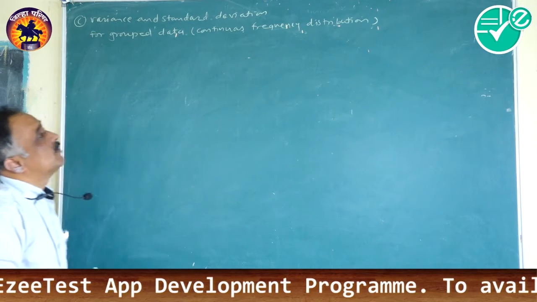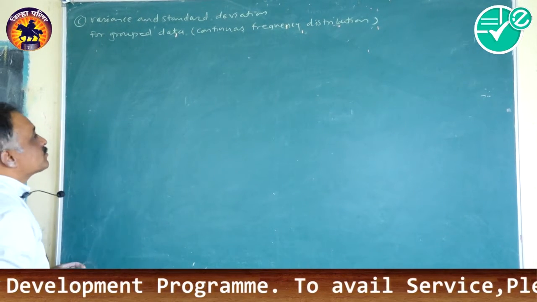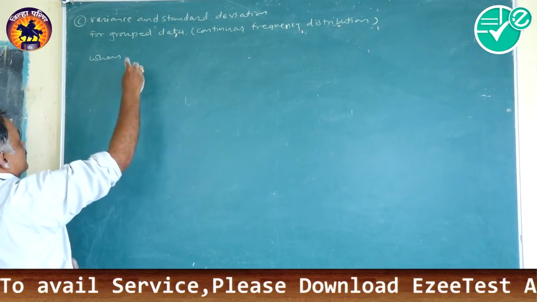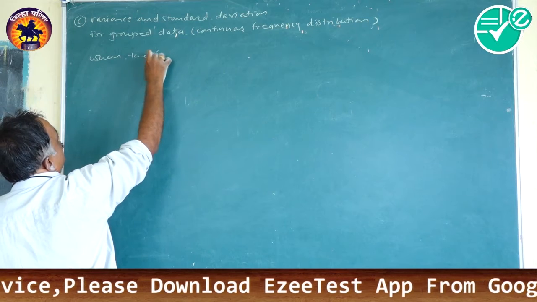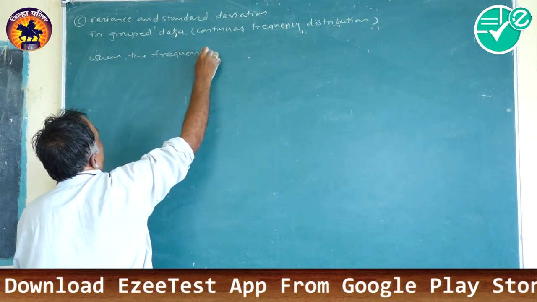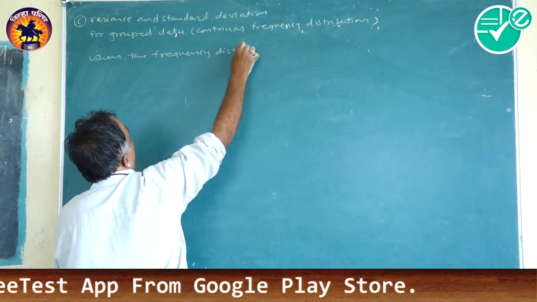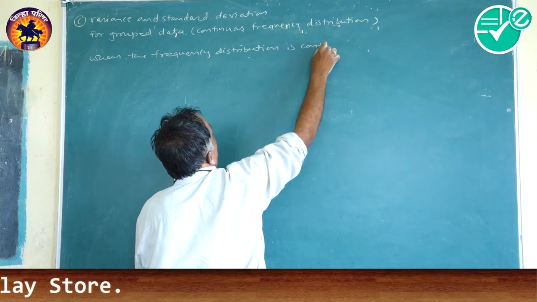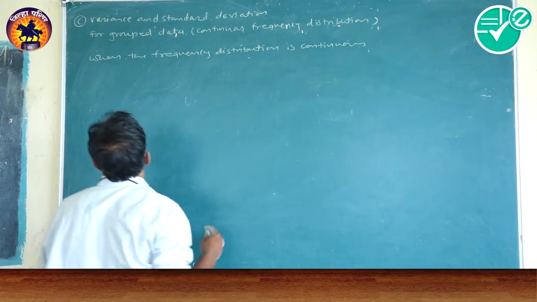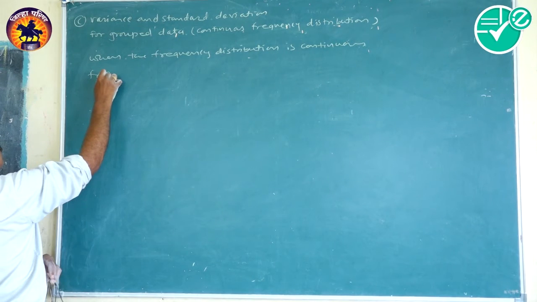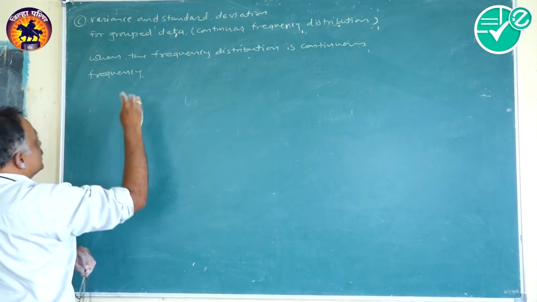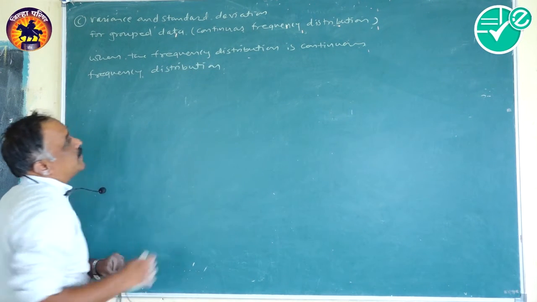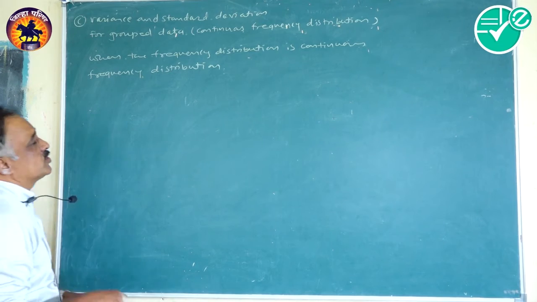It is a continuous frequency distribution. Let me explain to you. When the frequency distribution is a continuous frequency distribution,